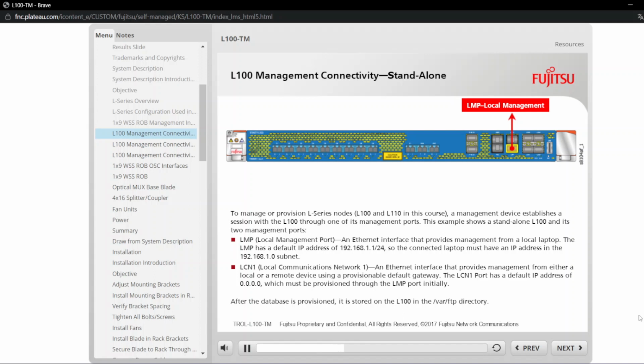The LMP has a default IP address of 192.168.1.1/24, so the connected laptop must have an IP address in the 192.168.1.0 subnet. The LCN1, Local Communications Network 1, is an Ethernet interface that provides management from either a local or